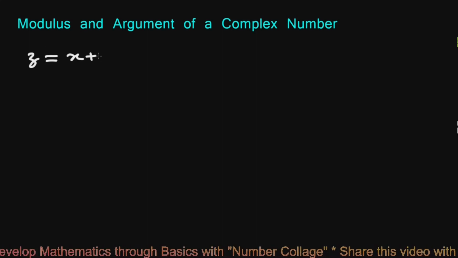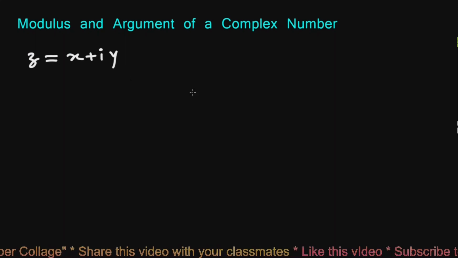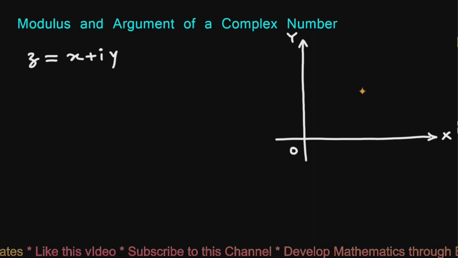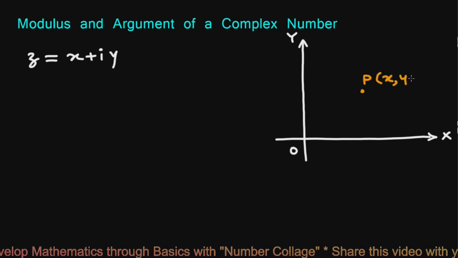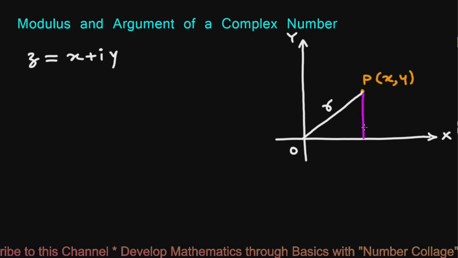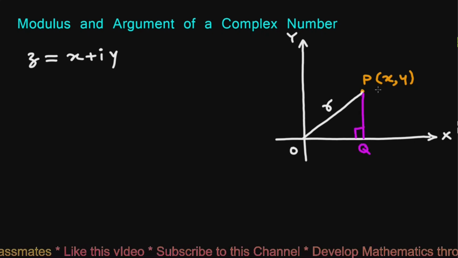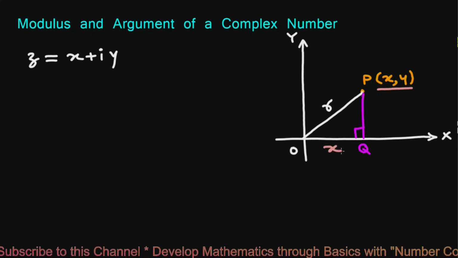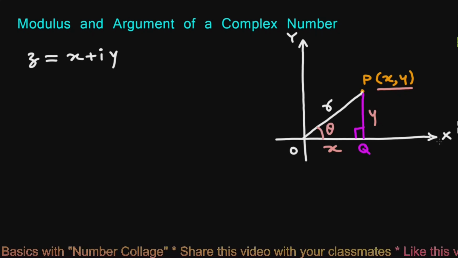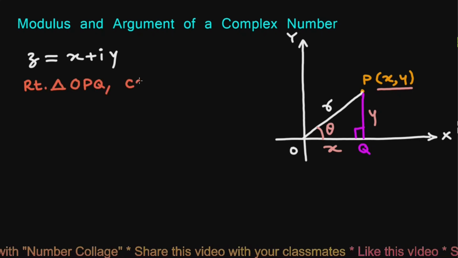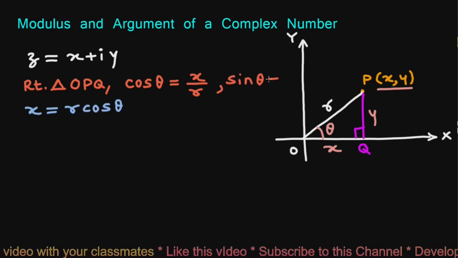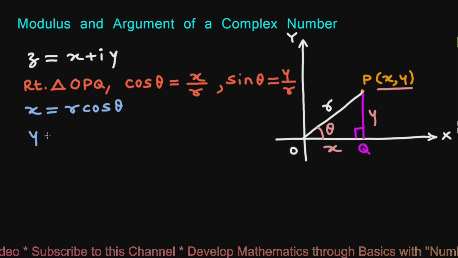Although z equals x plus iy is a complex number, we can represent it by a point P on an xy coordinate system, where point P has coordinates x and y. Let distance OP be r. Let us draw a perpendicular from P on the x-axis, whose foot is Q. From the coordinates of P, OQ will be x and PQ will be y. Let OP make angle theta with the positive x-axis. In right triangle OPQ, cos theta is x upon r. Therefore x will be r cos theta, and since sin theta is y upon r, the y coordinate will be r